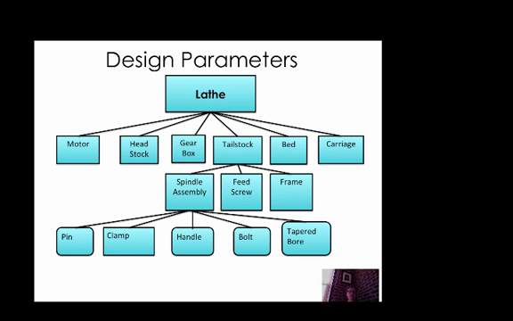And then we broke down tailstock into its design parameters that made up these functional requirements for a tailstock. And we have a spindle assembly and a feed screw that helps us translate the stock. And then, of course, we have a frame which provides support to the tailstock. And then within the spindle assembly itself, we have other design parameters or other machine components that would constitute that subassembly. So we went from customer attributes to functional requirements to actually specifying design parameters that could be embedded in